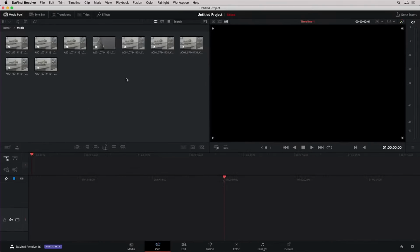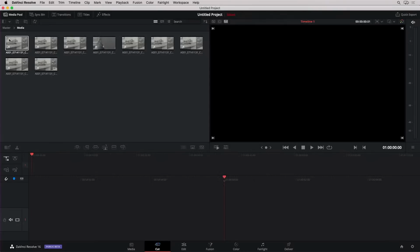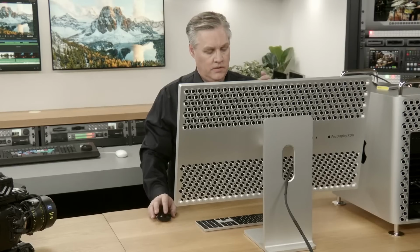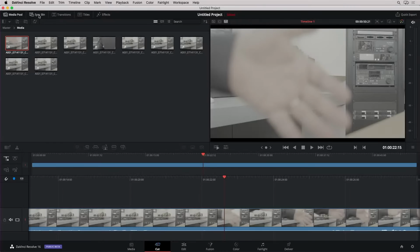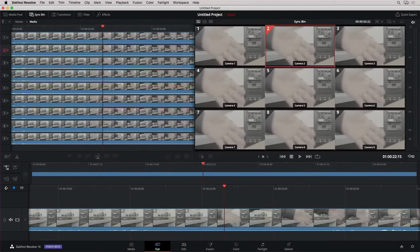Okay, so now each one of those clips has got a separate camera number as its metadata. So if I go into, actually what I'll do is I'll drop one of these clips into the timeline first. I've got an edit. Now what the sync bin does is it looks at the timeline of where you're at. Now they've all got the same time code of course because they're all the same clip, but they do have separate camera numbers. So when you click the sync bin, what it does is it creates, and I'll just enlarge my view a little bit,